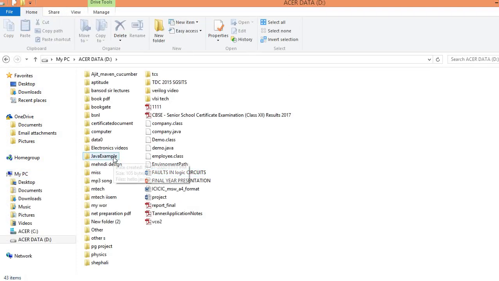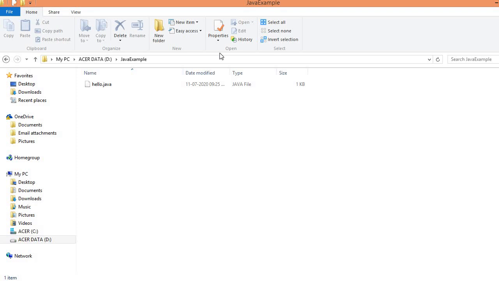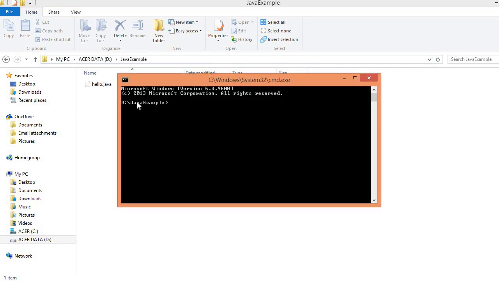In the Java example folder we have the hello.java file. Then here just search cmd. No need to change the directory. From here easily you can do. Then next step is we have to write the command javac hello.java.